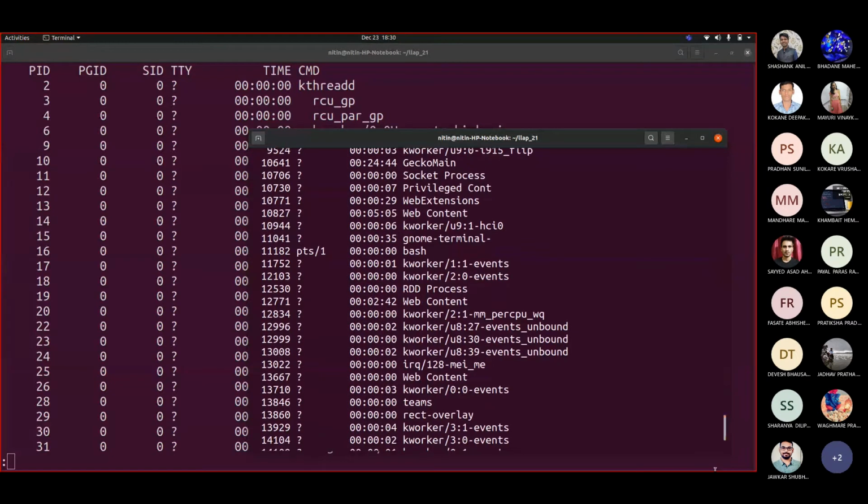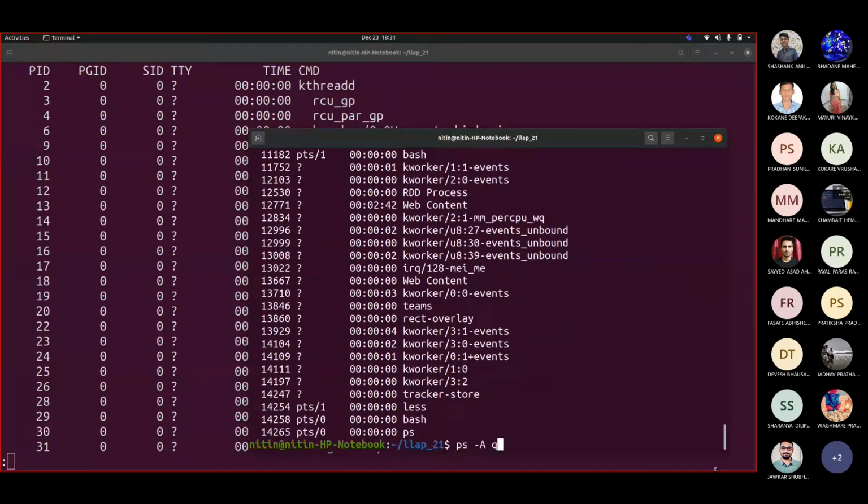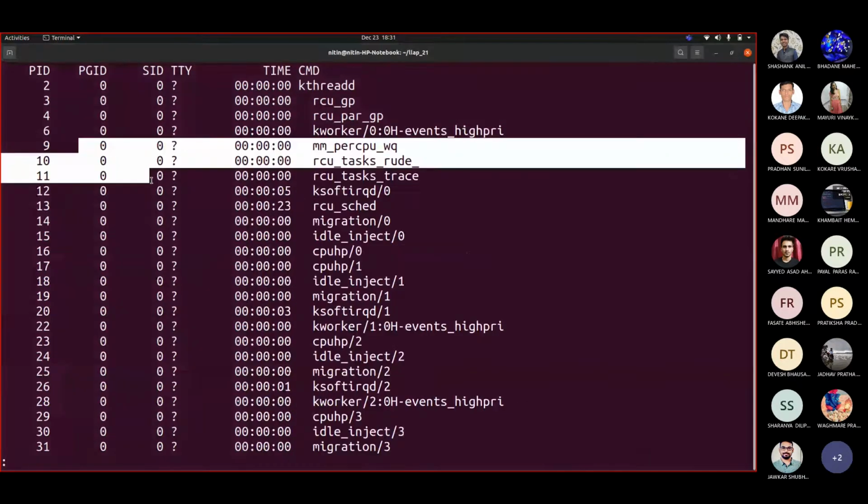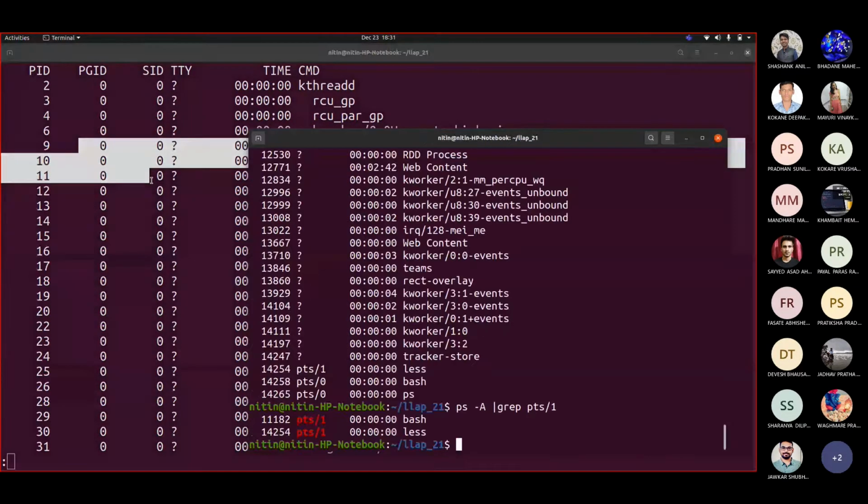So let me write here ps -A grep. Now see here. What was the query that I fired here? ps. That command got executed on this original terminal. Now that data is loaded in memory and shown.